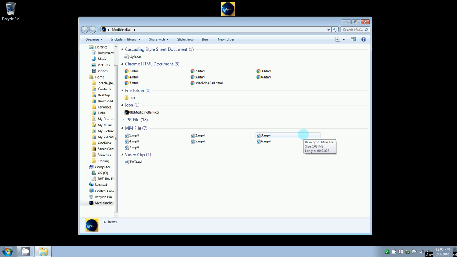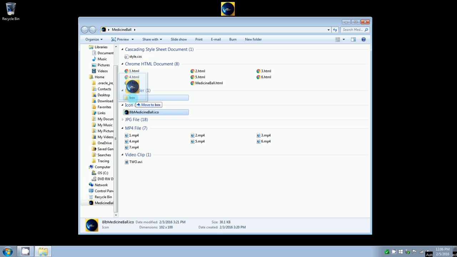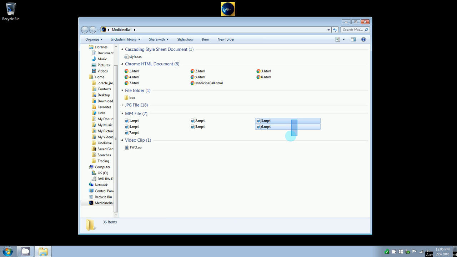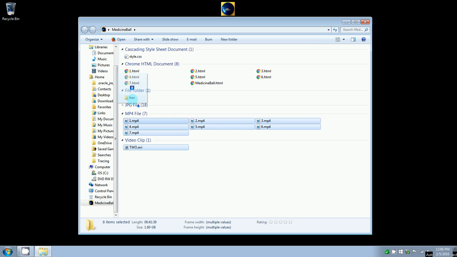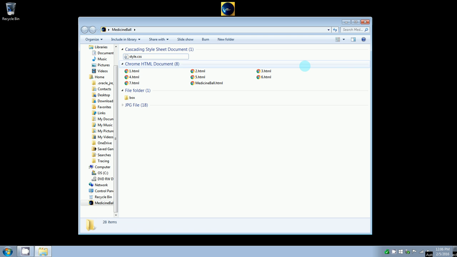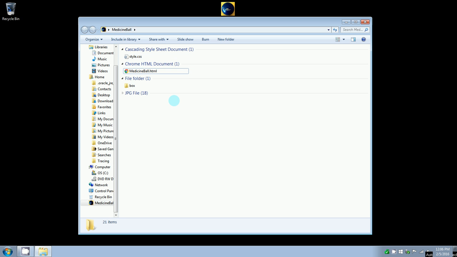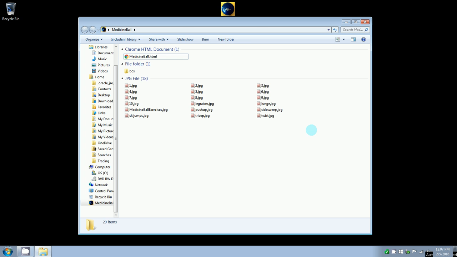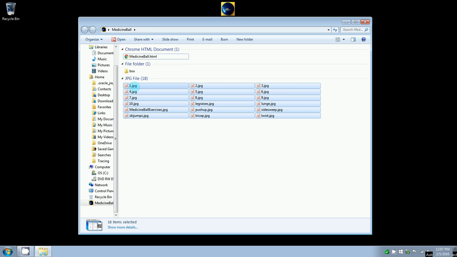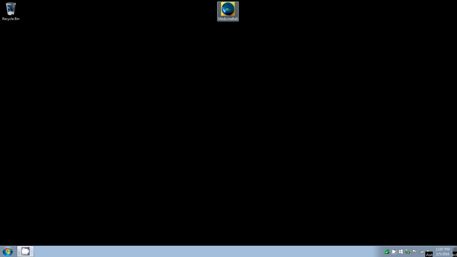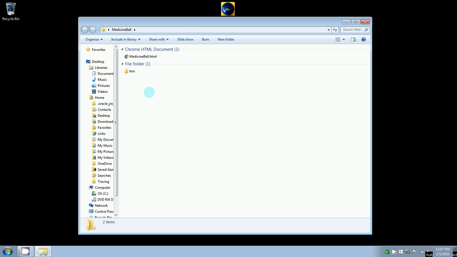So let me drag everything into box. If I can copy and paste all this, that would be great. Everything except for my main page that opens everything else. Drag it all into box, one more, and my style sheet, and my JPEGs. Okay, so now when you open up the folder Medicine Ball, all you see is one folder called box and